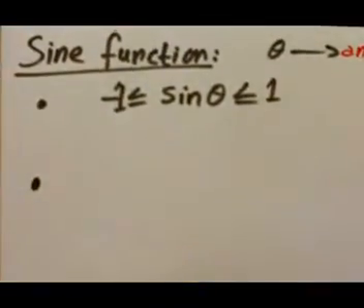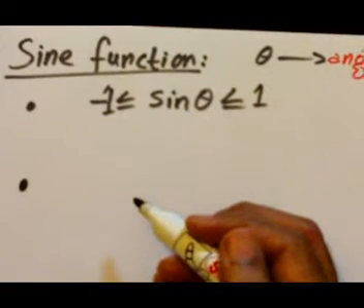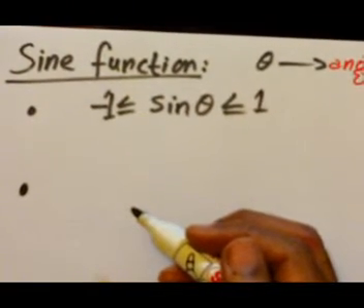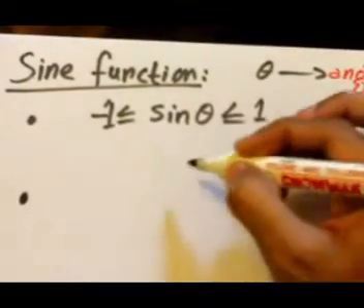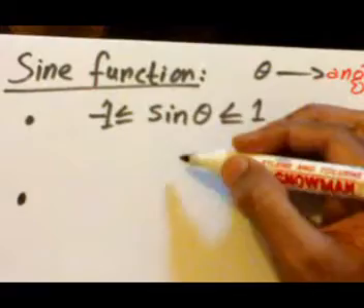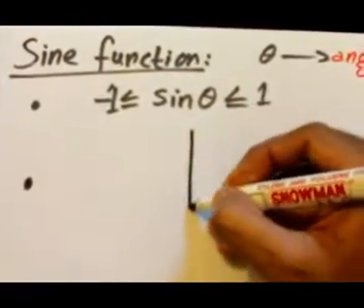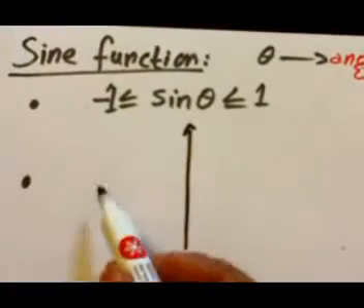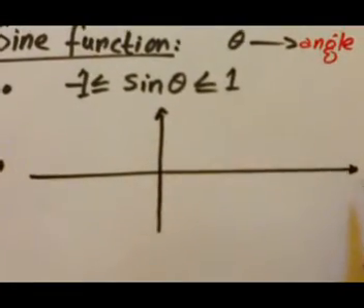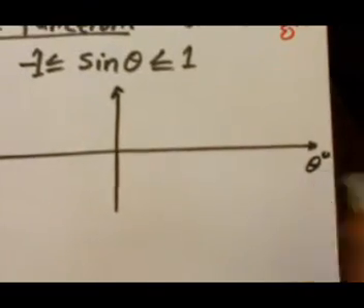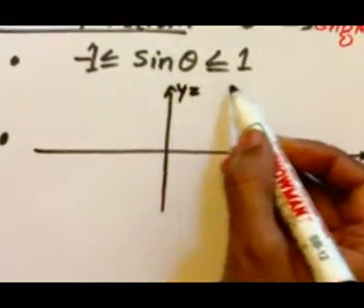This is very important because most of the time the examiner is asking for the sketch, and there is a major difference between sketch and draw. You must know that sketch means you have to apply your knowledge to give a rough detail of the function and not the complete detailed drawing. So here I am not using graph paper. I have just made a horizontal axis. This will be the theta axis, because the angles are going to be on the x-axis. And y, you already know, is the range of the function.